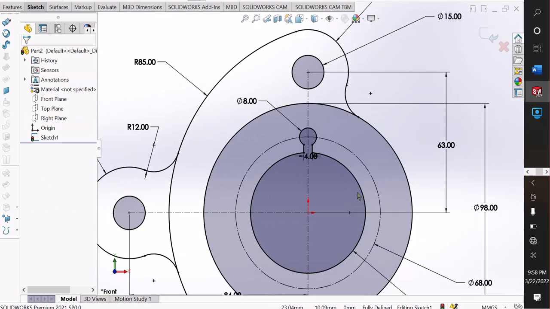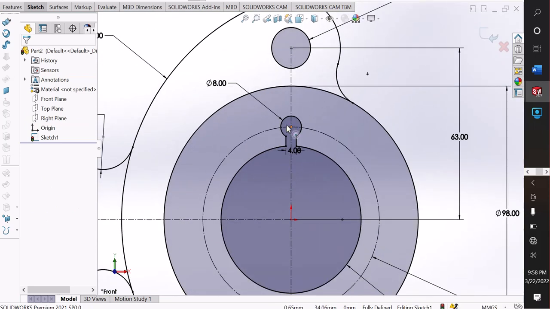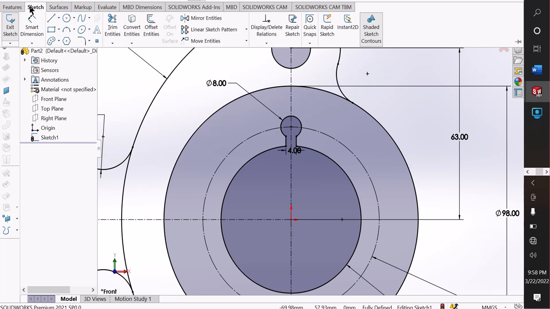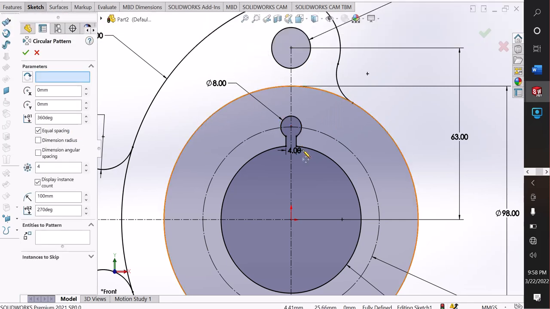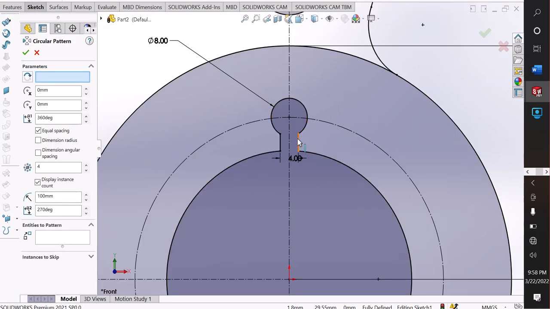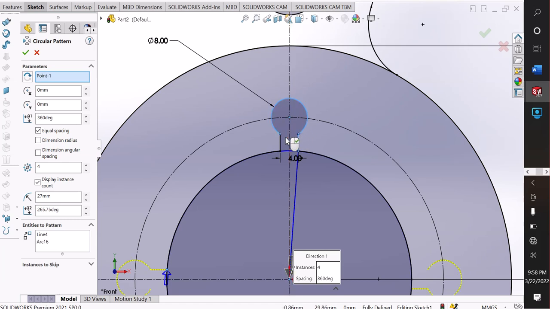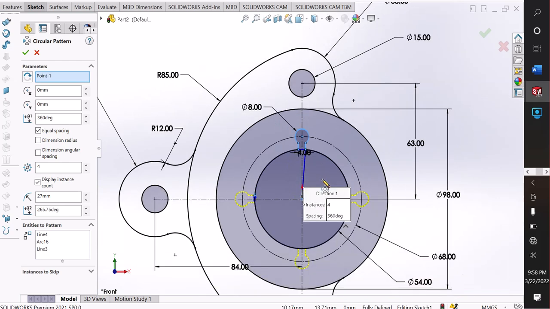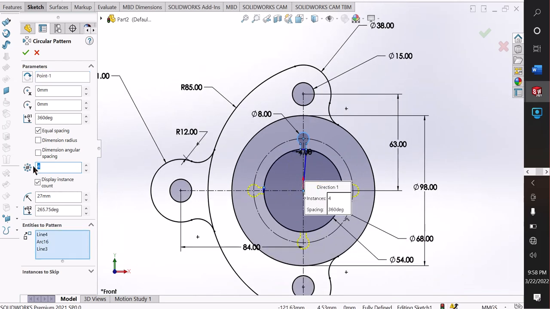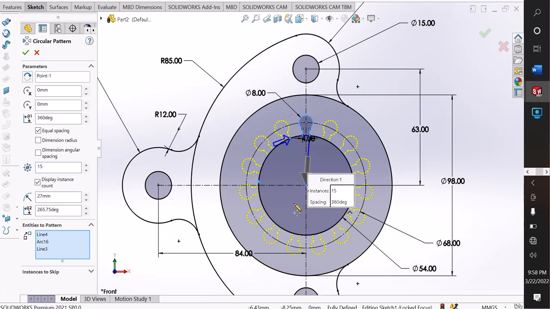Okay, now I choose pattern. First option, linear sketch pattern. Here is the option first, here circular sketch pattern, and choose this shape first, 1, 2, and 3. Here is 15 number of patterns. See here 50. Okay,